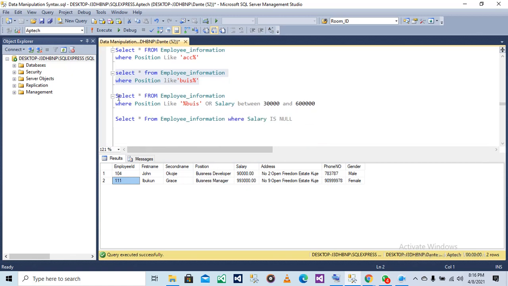So moving forward, this next statement: select all from employee information where position like this, that is position like BUIS or salary between 30,000 and 60,000. So we are supposed to get those employees whose positions start with BUIS, or those employees with salary between 30,000 and 60,000.